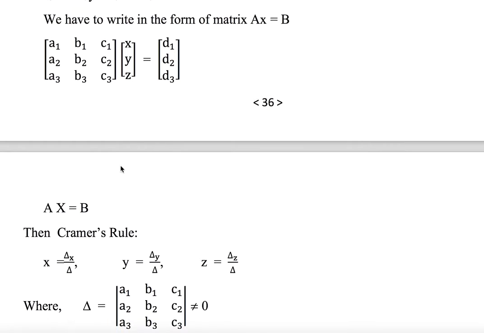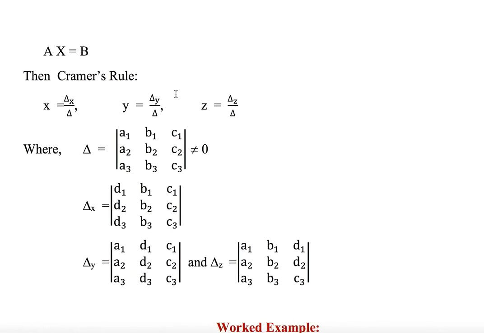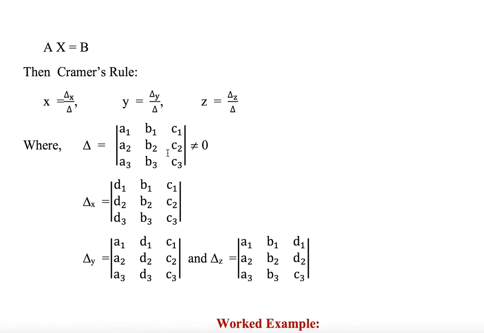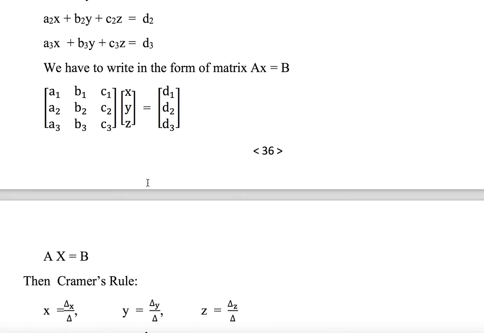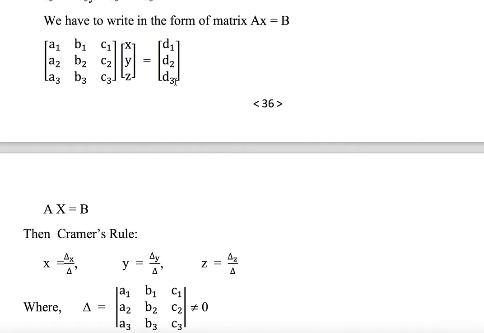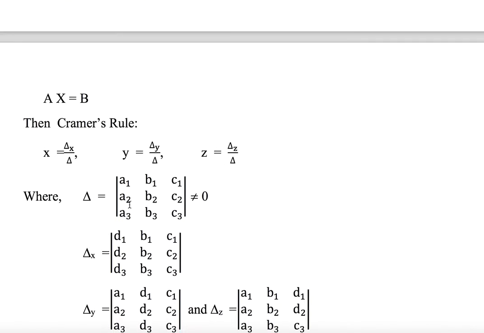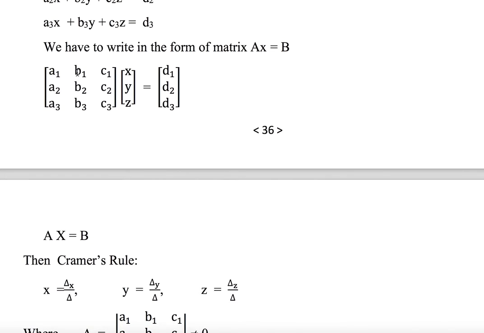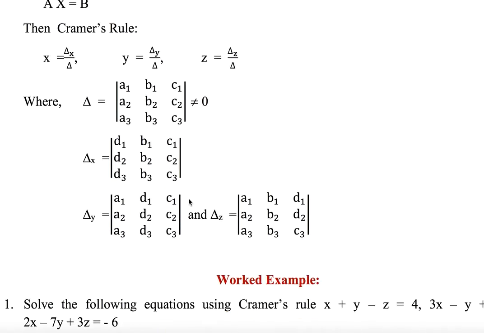Replace the first column with the B matrix here, D1, D2, D3. Then this is delta x, first column. If you replace the second column with D1, D2, D3, sorry, there he wrote B1, these are B1, B2, B3 only. By mistake he wrote D1, D2, D3, B matrix, right? So replace, no, D1, D2, D3 only. I just got confused. And since B1, B2, B3 are here, he took A, B, C, after that D. Okay, D1, D2, D3. Delta x is fine.